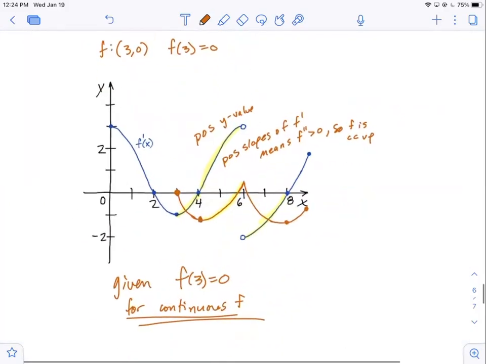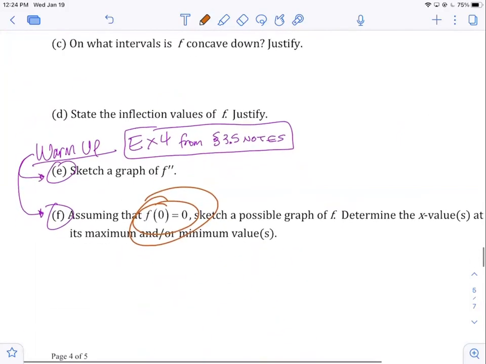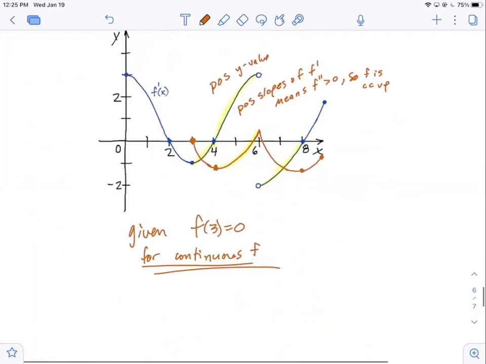Right. You start with f of 0? That's what the problem says. Yeah, I know. I changed it. Yeah. All right. So